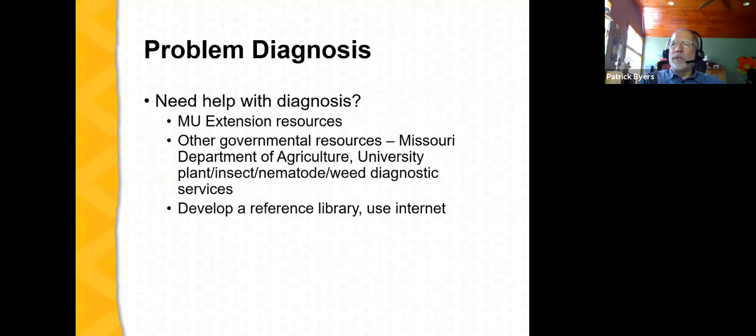And sometimes diagnosis can be challenging. There are common diseases that occur, and with any degree of experience, a farmer or gardener will learn to recognize those. Those are the diseases that we expect to see every year, that many of our plants are susceptible to, and the environment is favorable. We expect to see those every year.